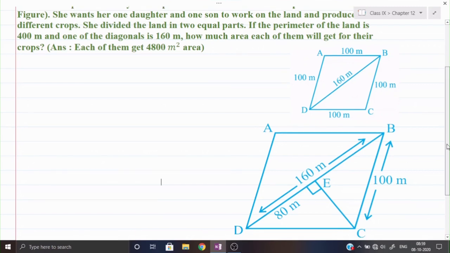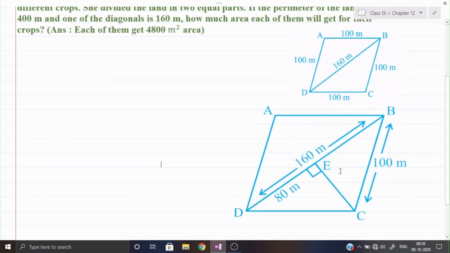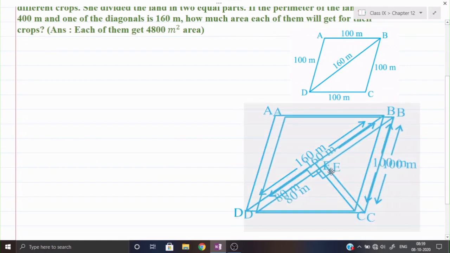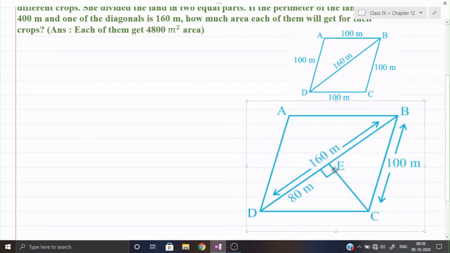Here I have pasted one figure. If required, we shall use this method also. Otherwise, we can use the simpler one which I have explained to you in a similar kind of question. See, we have been given the perimeter. With the help of the perimeter, we can find the value of the side, and then we can find the value of the other diagonal, because the value of one diagonal is given in the question. So see how we can find it.